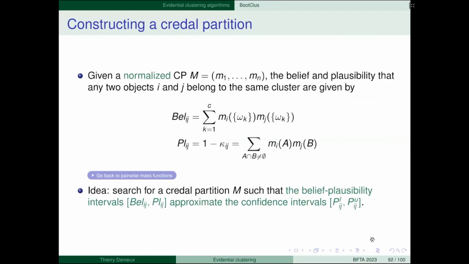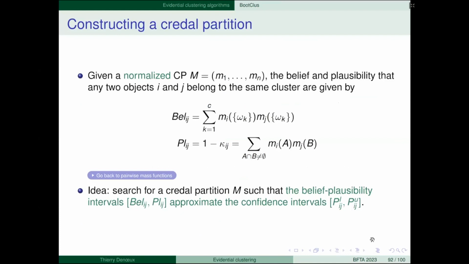Now we remember that if we are given a normalized Credal partition, the belief and plausibility that any two objects belong to the same cluster are given by this formula, which I have used many times already. So the idea is to search for a Credal partition such that the belief-plausibility intervals for each pair of objects approximate the confidence intervals obtained by the bootstrap.